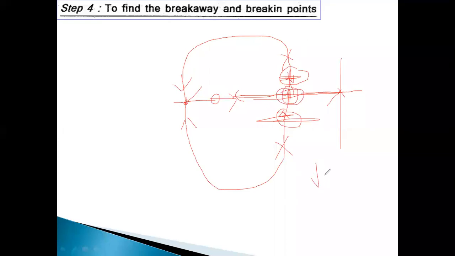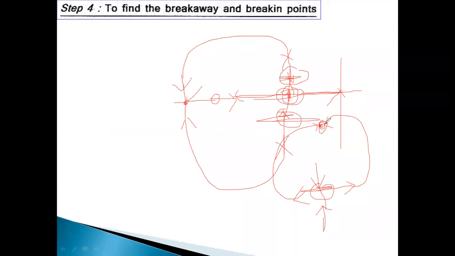One root locus branch is coming in this direction, the other in this direction. Here it is moving away from this point, that is called the breakaway point. Again, in some cases these branches come and meet at this junction. The root locus branch comes and meets at the same point, that is called the break-in point. So let us calculate the breakaway point and break-in point.